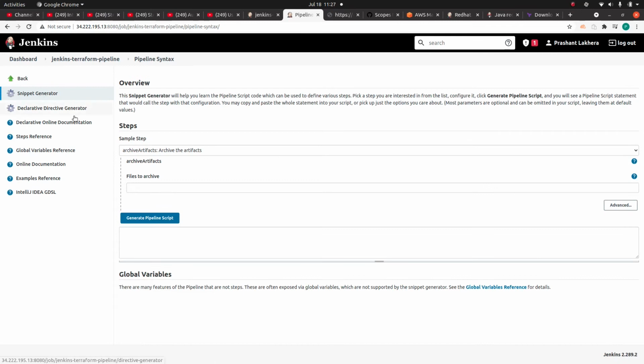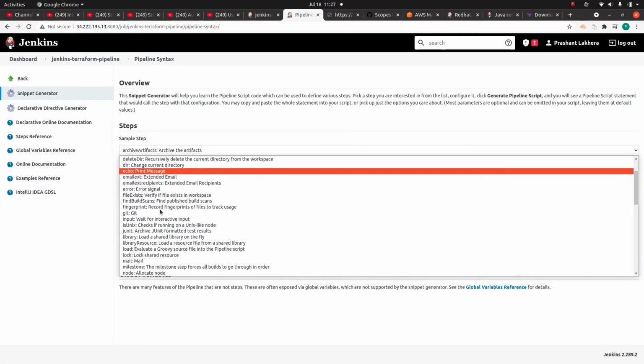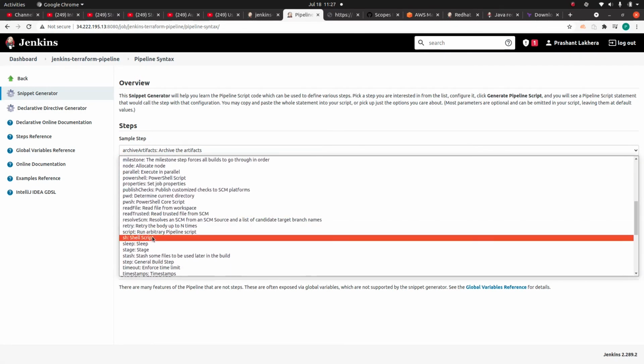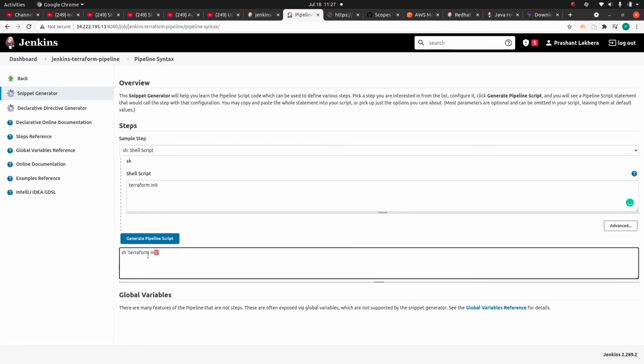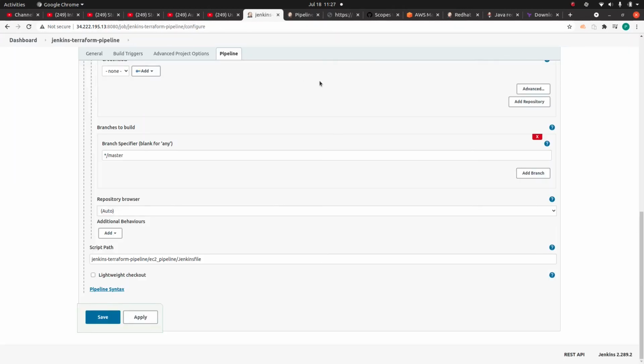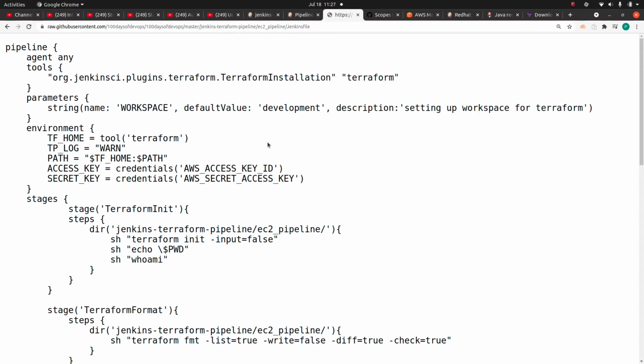Similarly, let's say I need to run a shell script, for example terraform init. It's going to generate what exactly the syntax will be in the Jenkins file. Okay, let's go back to the Jenkins file.